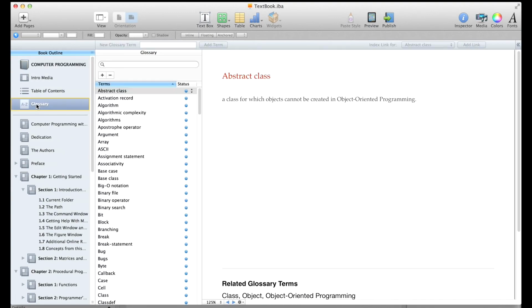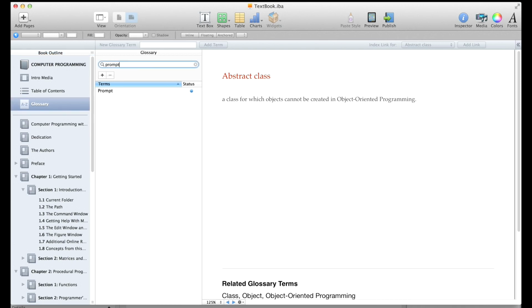There, we click on glossary, and we see the first definition in the glossary. That's abstract class. That's an advanced concept that comes toward the end of this book, where we introduce the object-oriented programming constructs in MATLAB. Object-oriented programming is one of those advanced concepts that we mentioned that are beyond the scope of this text. So let's type prompt, which is what we're looking for, into this little search window here,